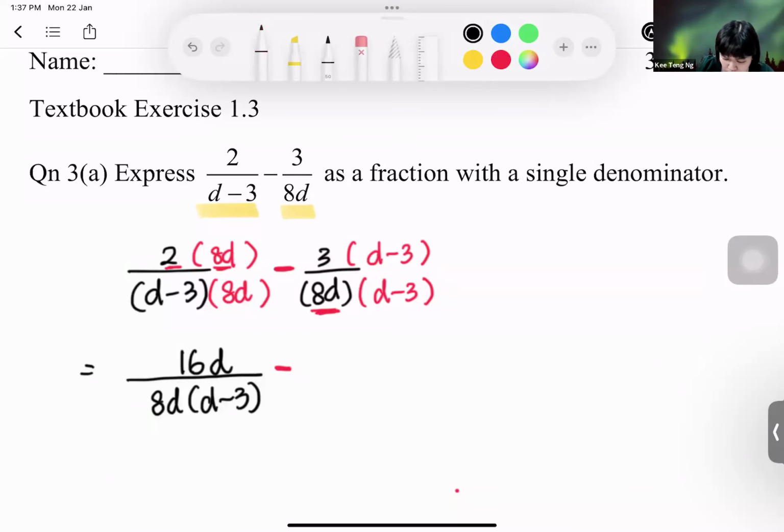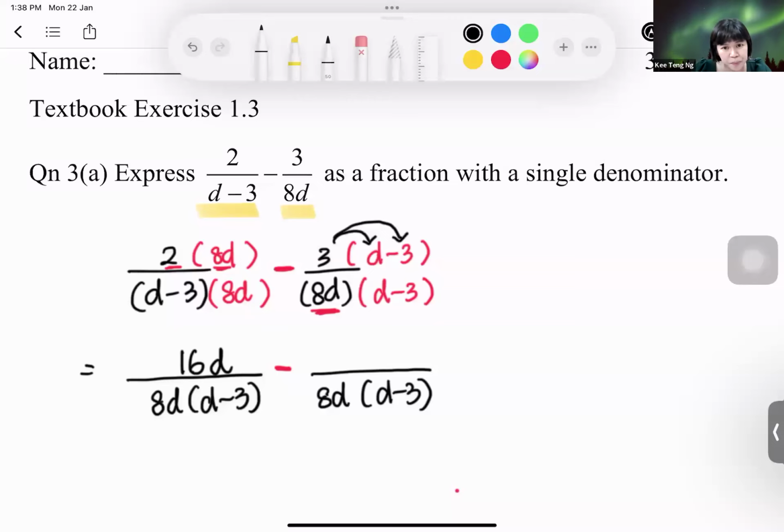I'll just multiply my 3 inside first. I'm keeping my denominator still 8d, d minus 3. Don't expand the denominator. Now multiply 3 to the numerator. So 3 times d, 3d, 3 times 3,